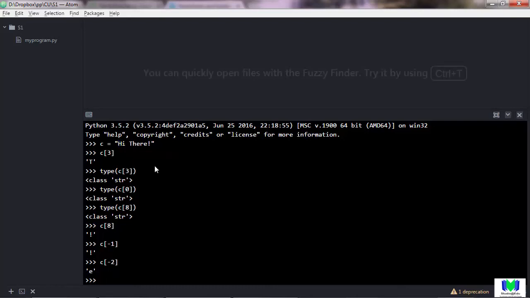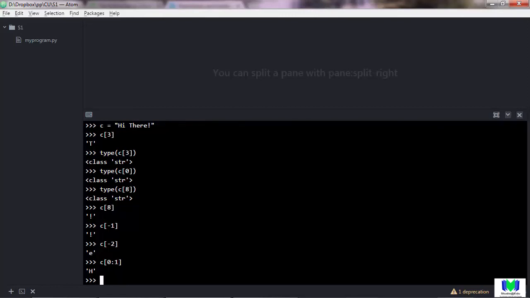Now, what if you want to extract more than one item from a string? Let's say you want to extract Hi. Well, there is a notation for that too. And so Hi is expanding from index 0 to index 1, so up to here. So let's try 0 to 1. That will not work very well, but let's see. So as I said, this will return only H, so it doesn't return the item with index 1, and that's because